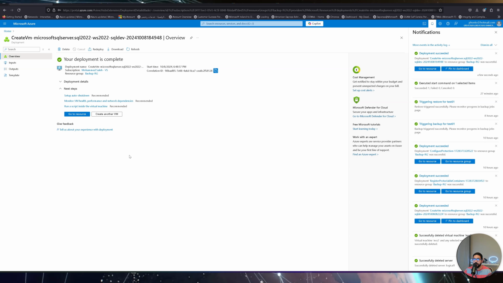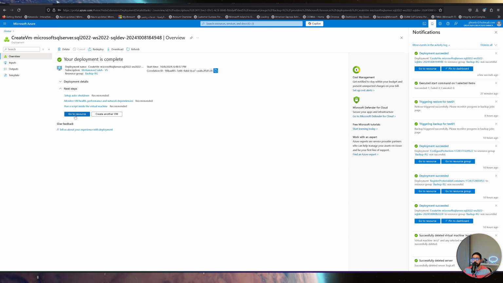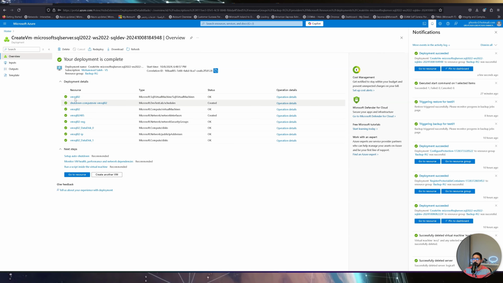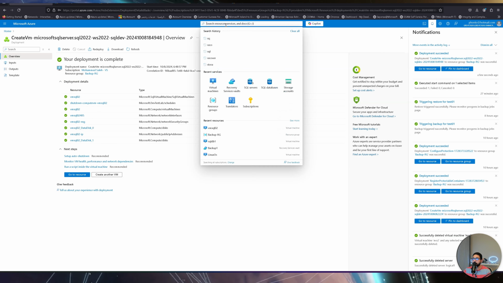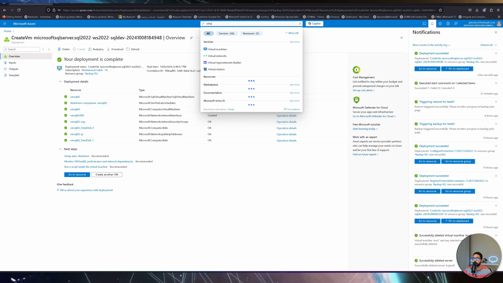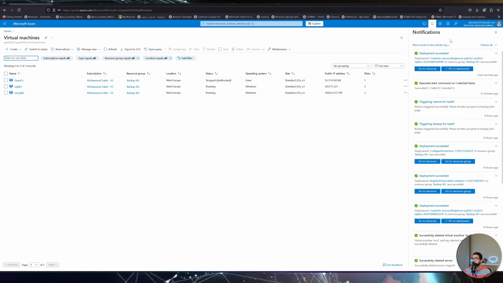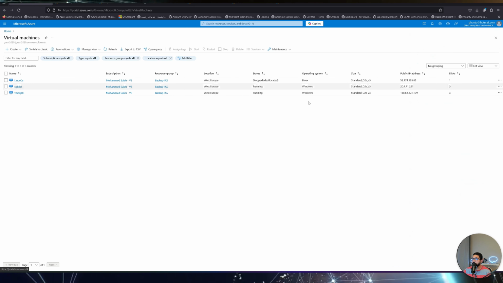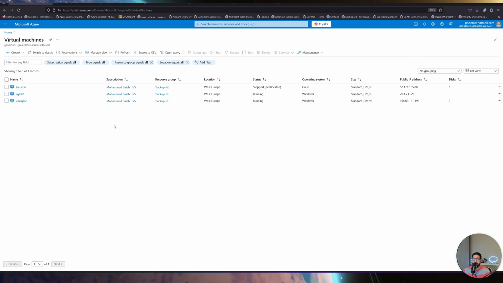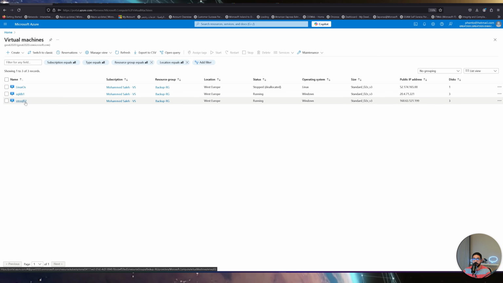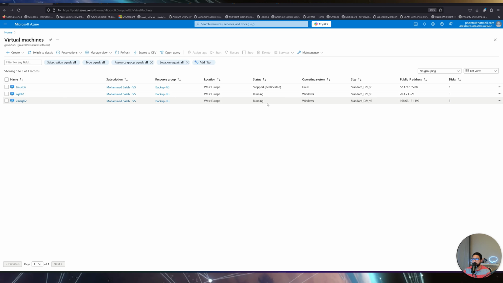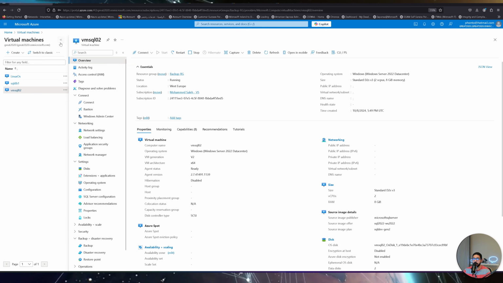All right, the VM created successfully. So you can always click on go to resource if you want to go directly after this completed. But we can also search from here, search for virtual machines, and then click virtual machines. As you can see, VM SQL Server 02 has been successfully created in West Europe. Click on that VM,